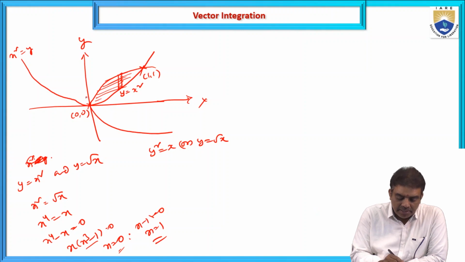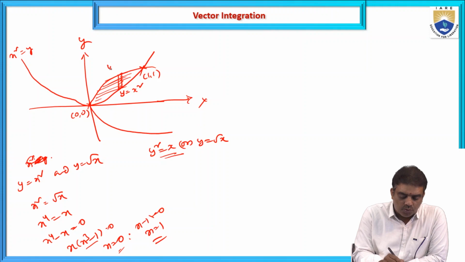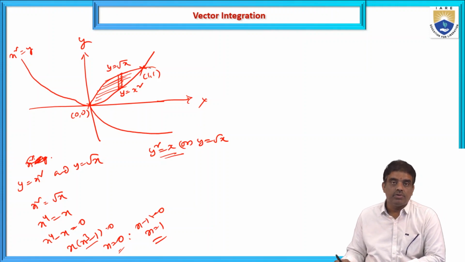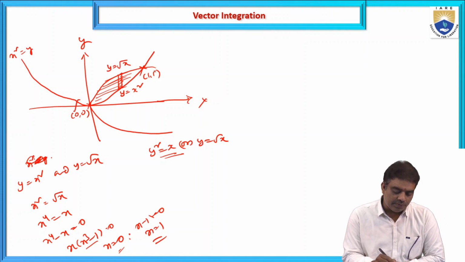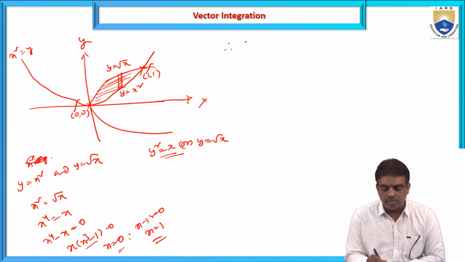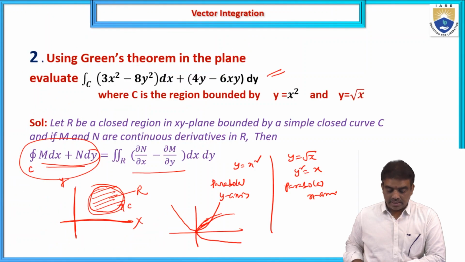And what is the upper limit? This upper limit is on the curve x is equal to y square, or y is equal to root x. And x varies from 0 to 1. Therefore, the double integral over the closed curve C,